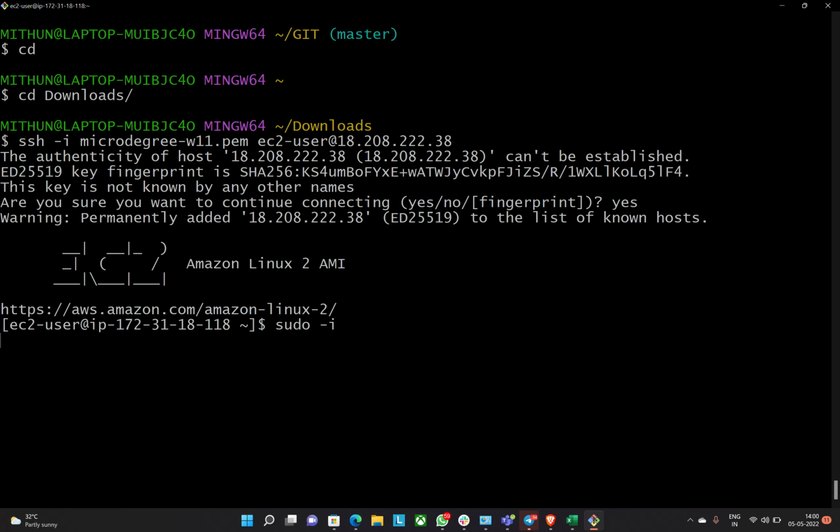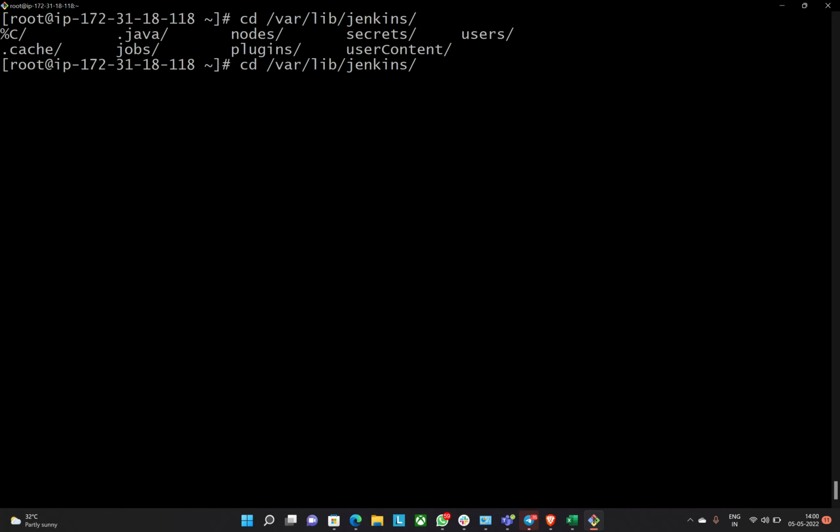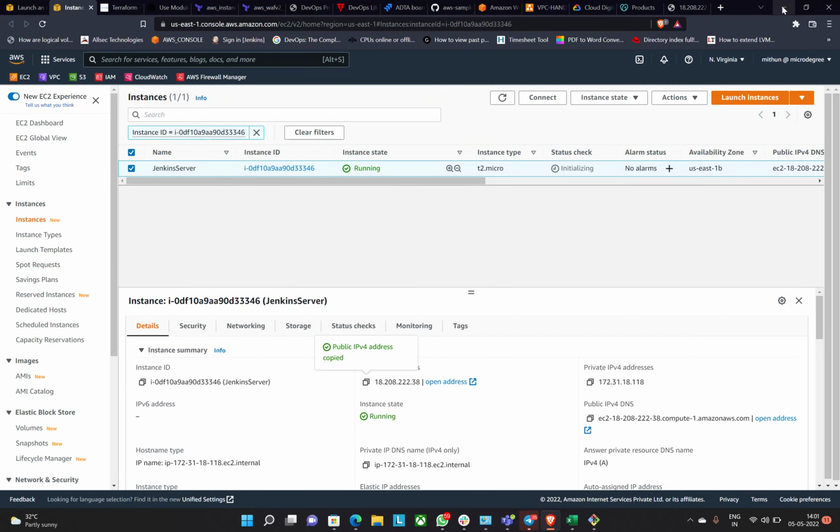Yes, so I'm going to log into the server. Become root with the command sudo -i. Now you need to go to the directory: cd /var/lib/jenkins. Then secrets. And if you do ls,